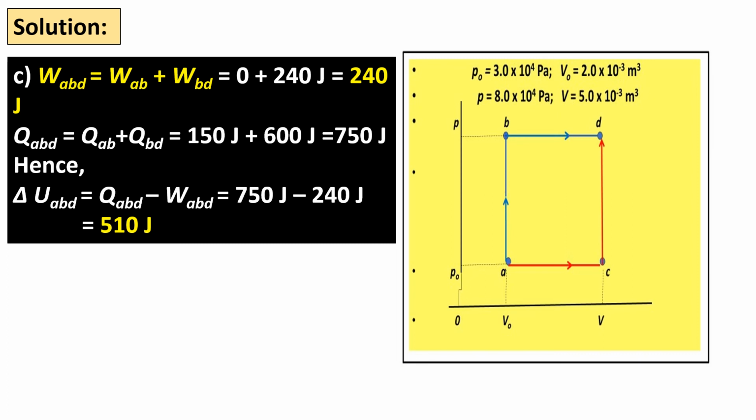So from that, and from the value of the work done along ABD, we can determine the change in internal energy, delta U ABD, which is just the difference, 750 joules minus 240 joules, or 510 joules. Okay, so what is significant about this delta U along that path ABD? It is because